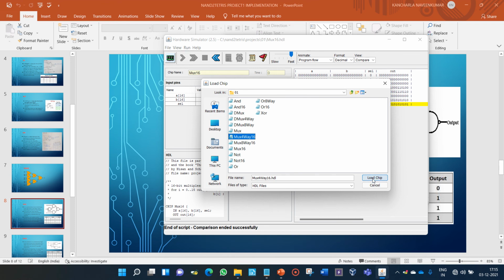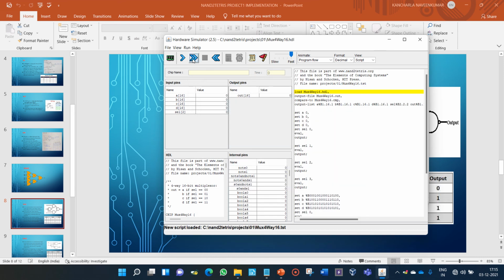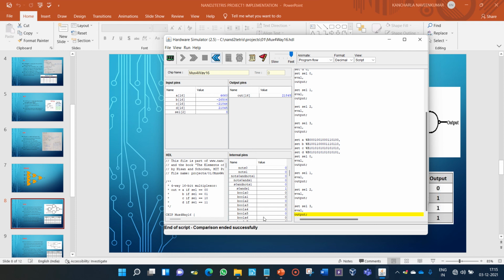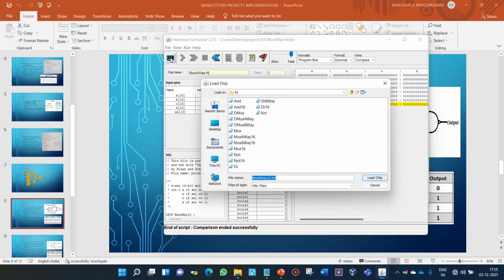It is also called a 4:1 multiplexer. Load the chip. And now I am loading the script file here. Going to execute it. Yeah, it's getting executed. Yeah, the comparison ended successfully. Just check the output. You see, it's executing for 16-bit numbers, and we consider it a 4:1 multiplexer, right? So 4 inputs are there, but the only difference we cannot see here is how many select lines and how many output lines there are, because it terminates at this exact point, so we cannot check. The only way we can check is with compare. See, both are same, so our multiplexer 4x16 is correct.